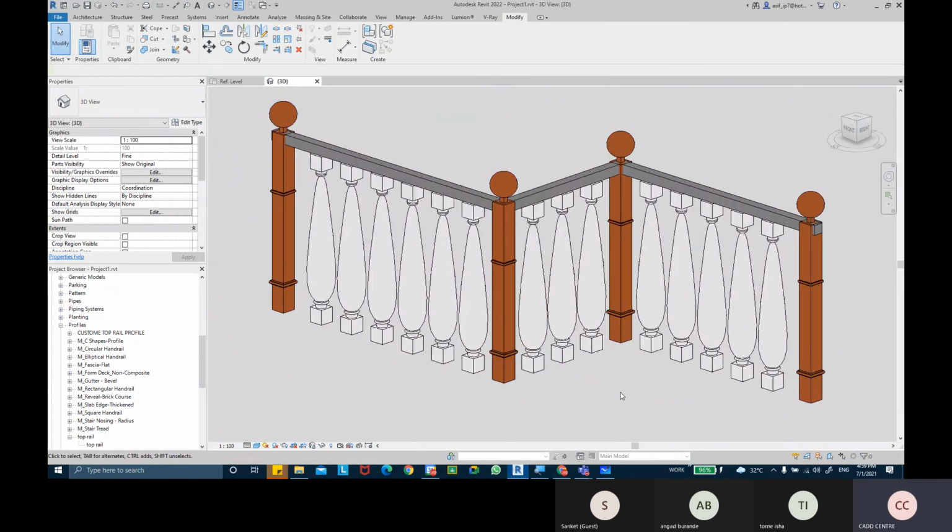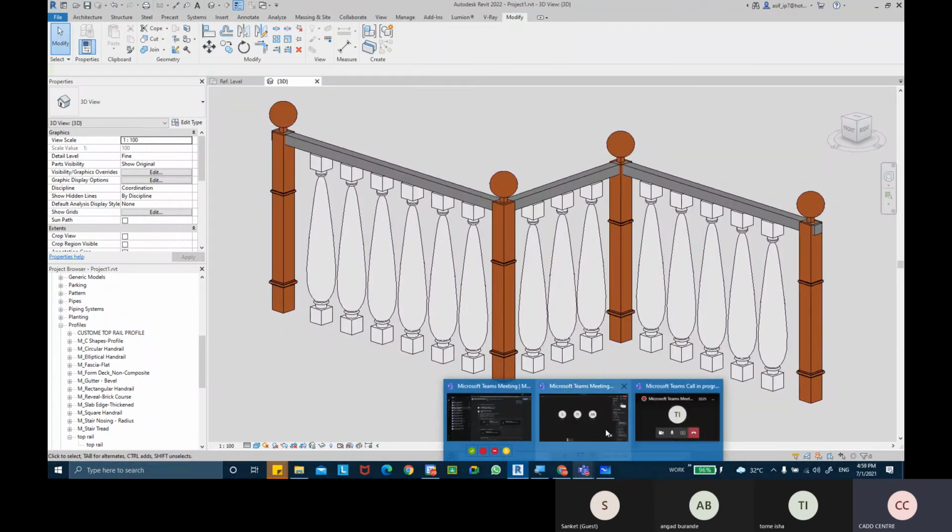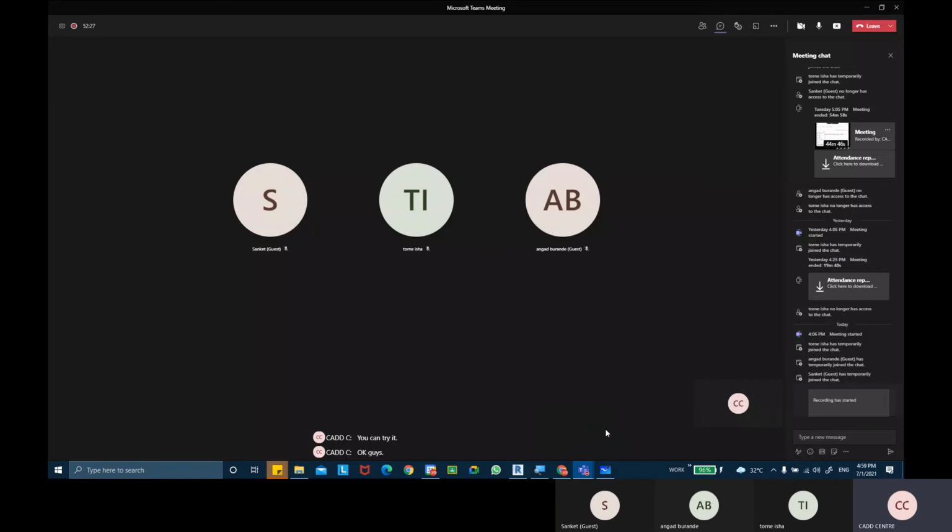Okay, guys. Yes, sir. So try this shape of baluster. See if you can get these shapes and apply them on your stairs and even on your normal rails without the stairs. Then in the next class tomorrow we'll see how to create a glass baluster family.